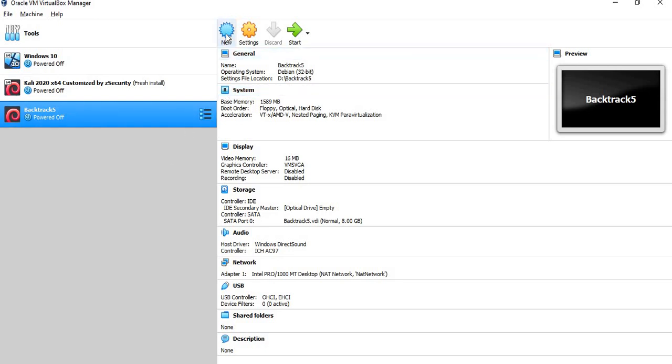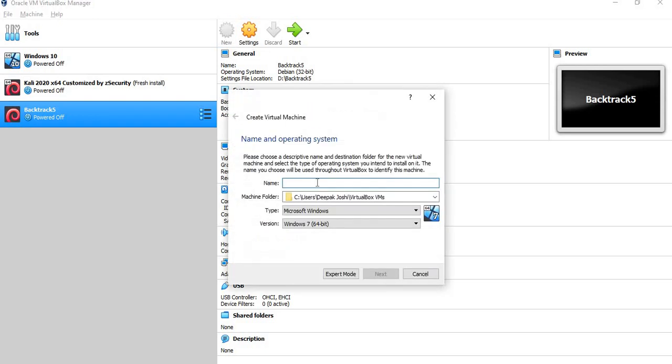and for creating a virtual machine, click on New, a blue button on the top. Once you click, you will see name of operating system. First you will type the name of which operating system you want to install. I'm just putting the name Kali Linux, and you can choose the machine folder as well. As you can see, the default folder is already over there, that is